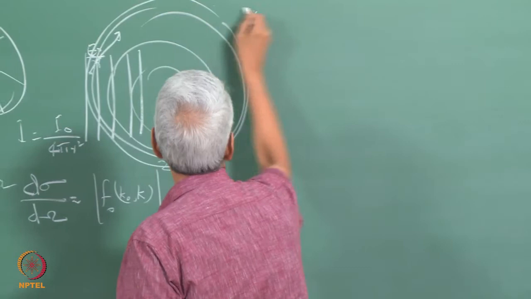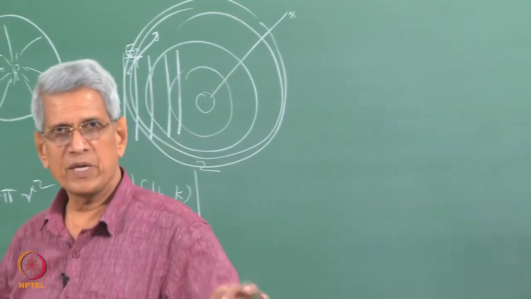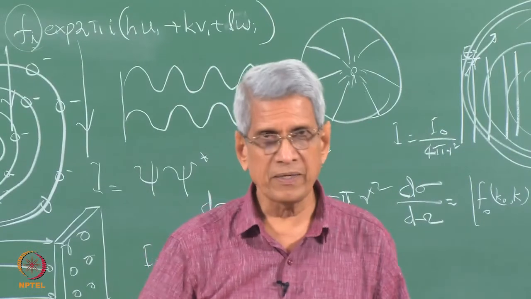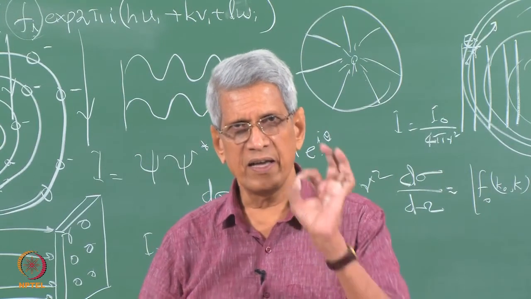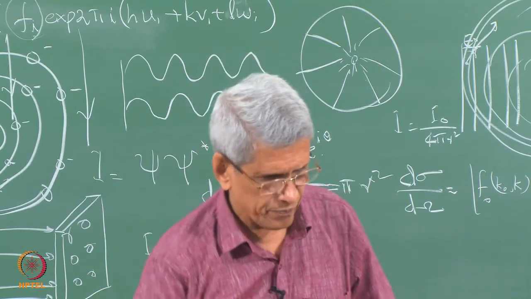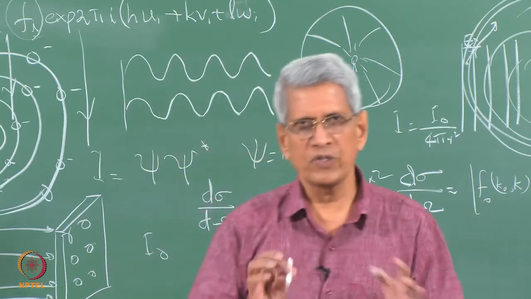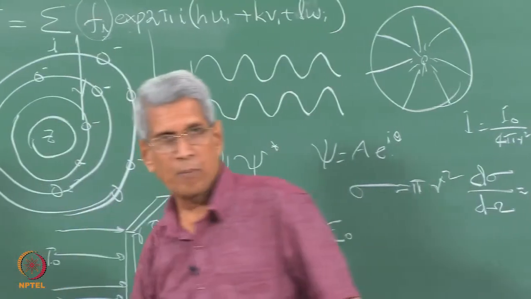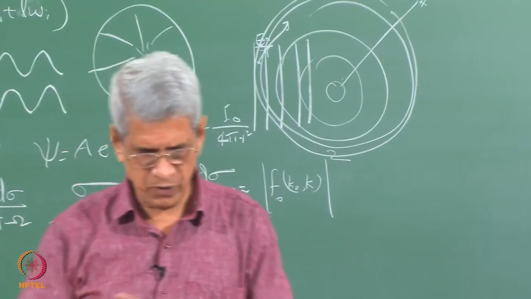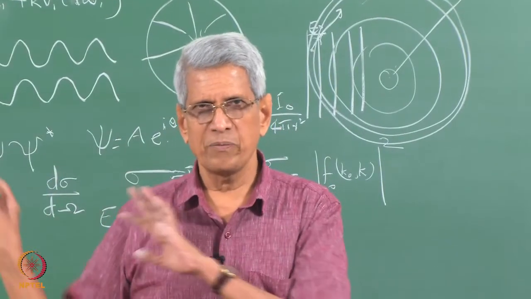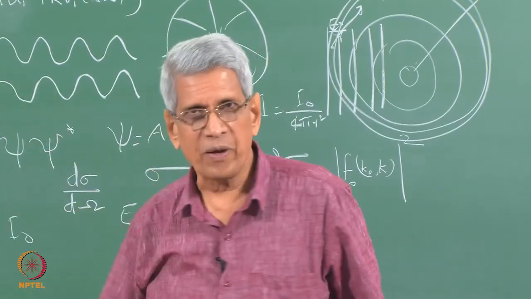This wave also will be coming, this will also be coming, meeting at this point. Then from each electron there is scattering which is going to take place. The sum total of all that is what we call the atomic form factor. Then the next information which we require, once we have that, using this formula we can find out the scattering of the probe by atoms in the unit cell. All the atoms together, what the scattering contribution is going to be, that is what F essentially represents.